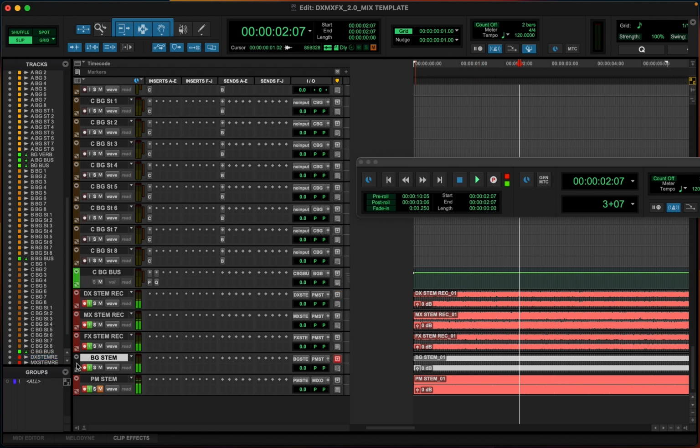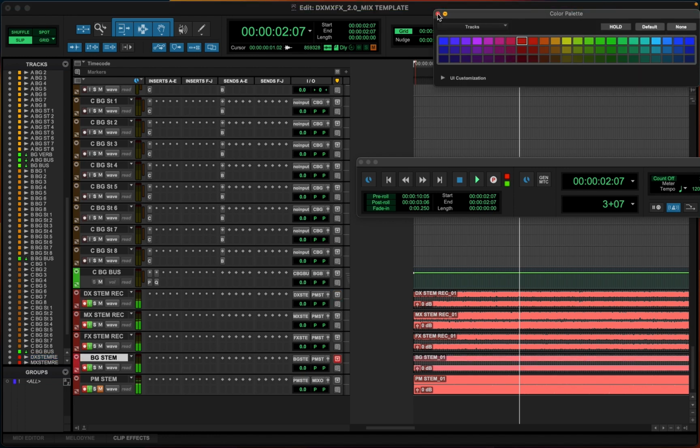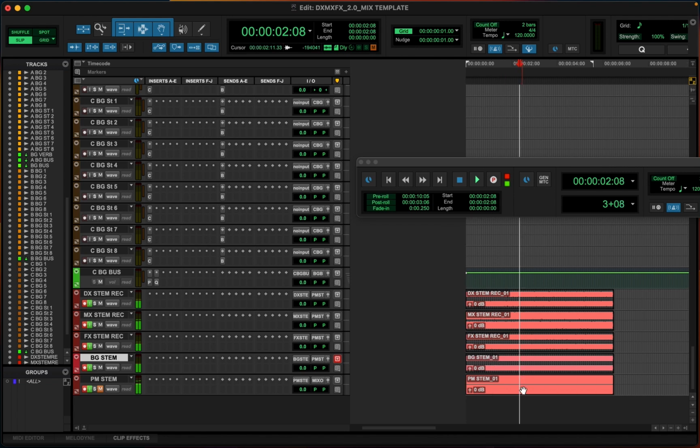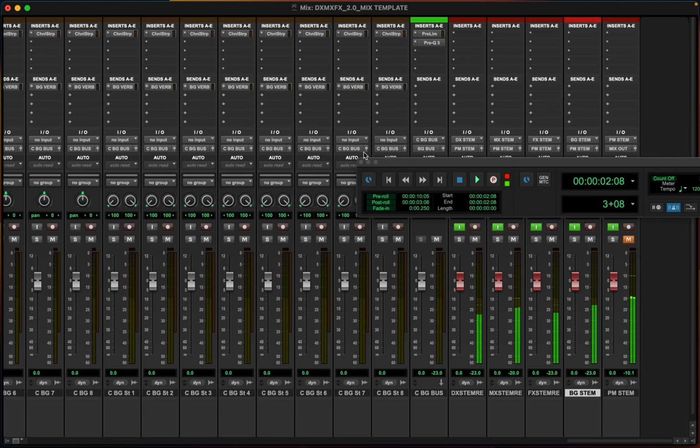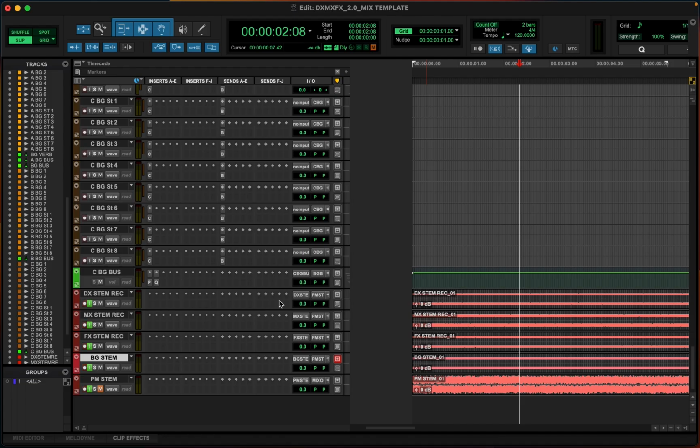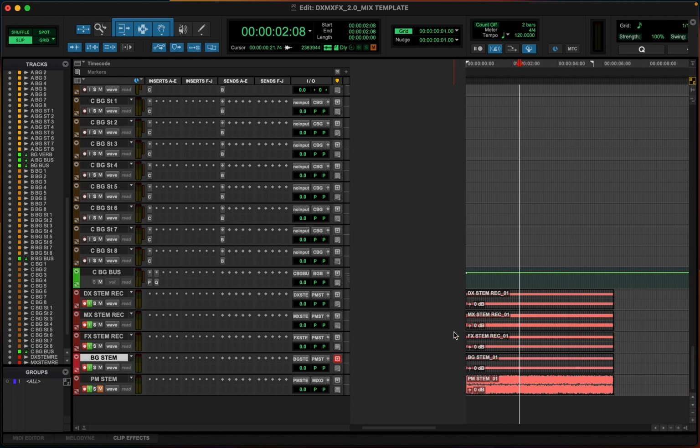And this one didn't turn red because I didn't have it red. Oh, there we go. There's red. So you'll see that we have signal in every single one. So our dialogue should be, and hopefully this is not blaring right now. That'd be so embarrassing. So going back to our records here, you'll see that we have now recorded these